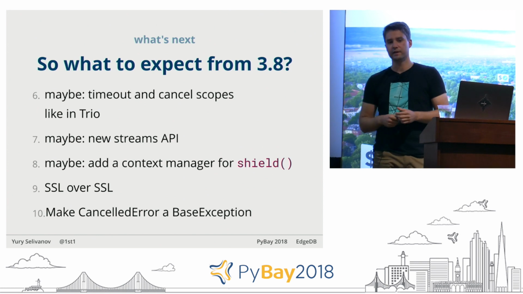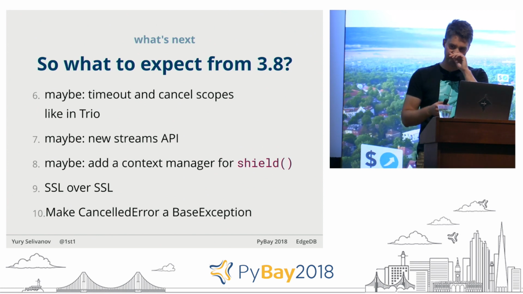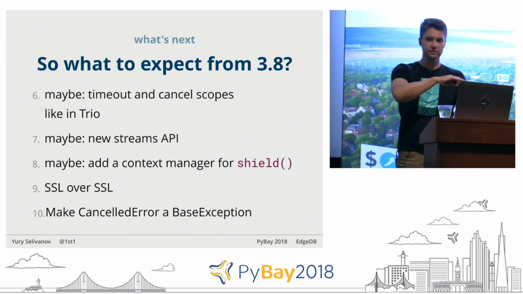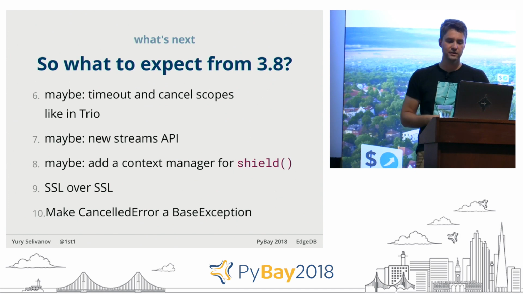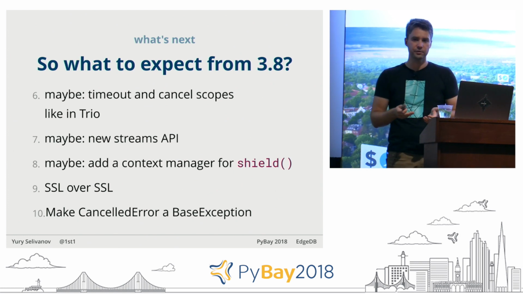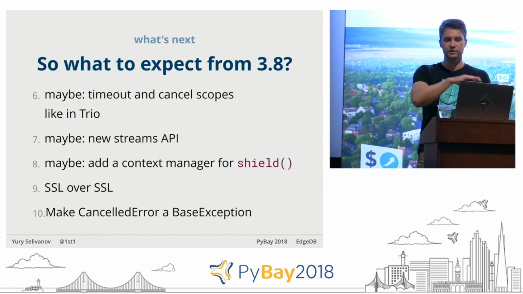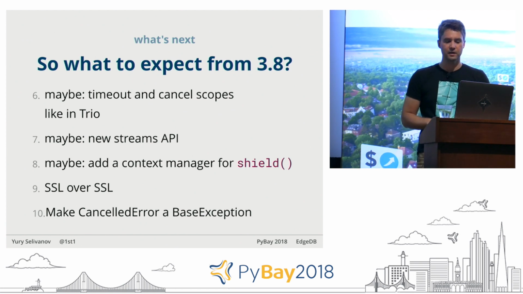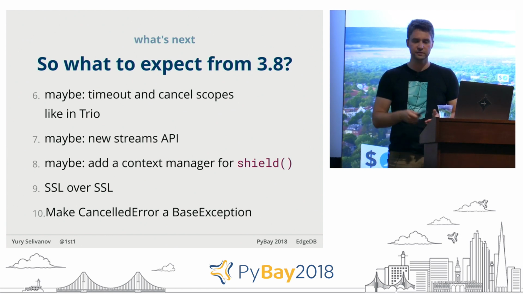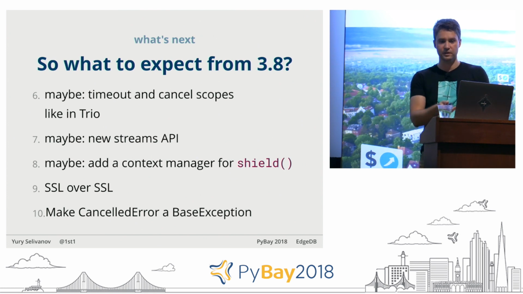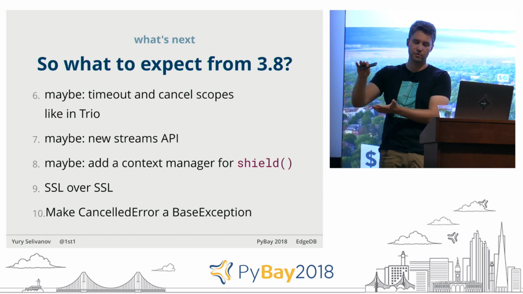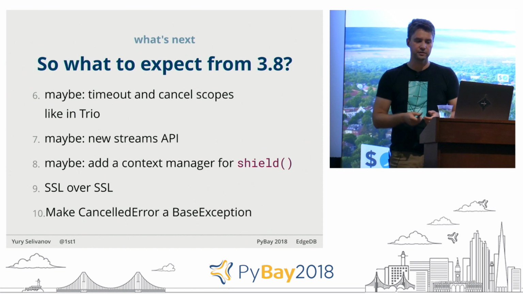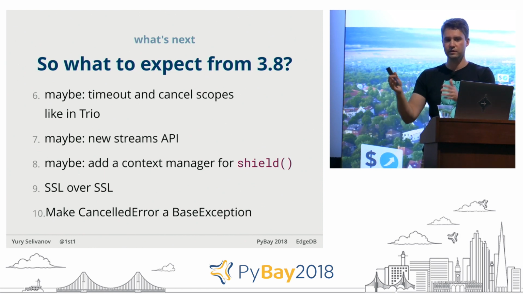Another idea is to have a context manager for the shield function. And shield function, not a lot of people know about it, but you use it when you want to create an asynchronous task that is impossible to cancel. A good idea where you would need a shield function is when you have a try finally block and you have some functionality in your finally block that must be executed regardless of what else is going on in your system. So this is how you use the shield function, but again, this is a function and it accepts a coroutine, so you have to factor your code out of your finally block. So maybe we can actually design a context manager so that you just write async with shield and your code